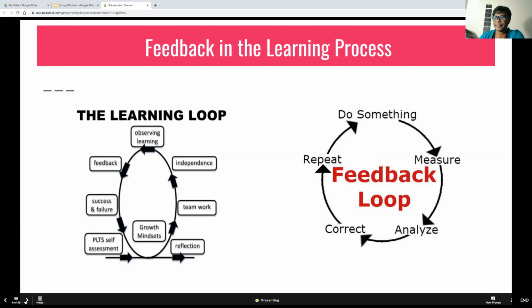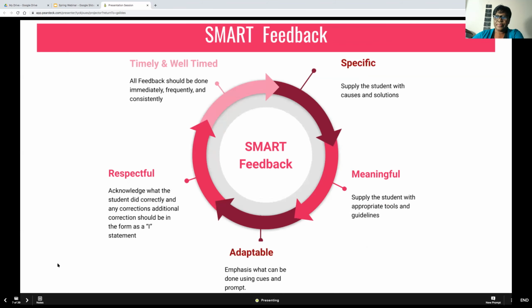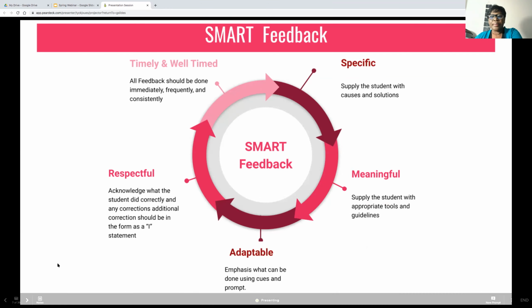Okay. Thank you, Joyce. So how do we do this? Because in this virtual learning environment, feedback is very important. Giving feedback might sound simple, but it is actually one of the most difficult parts of a teacher's duty.